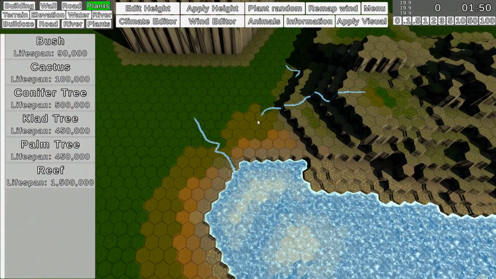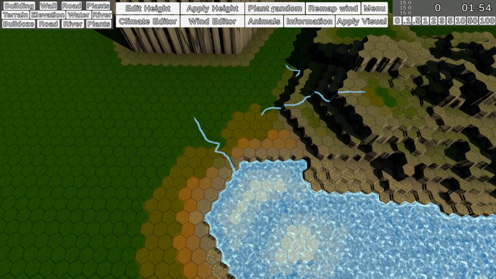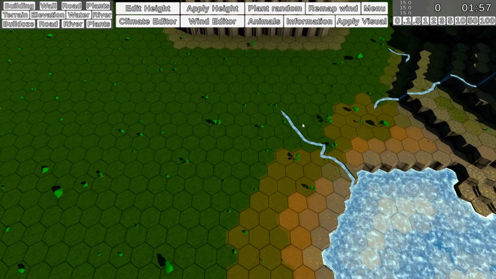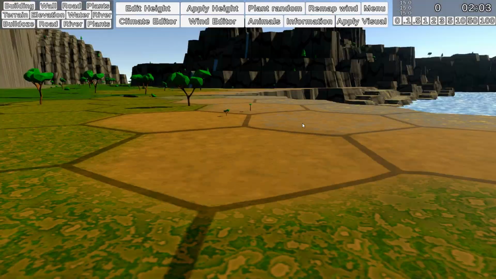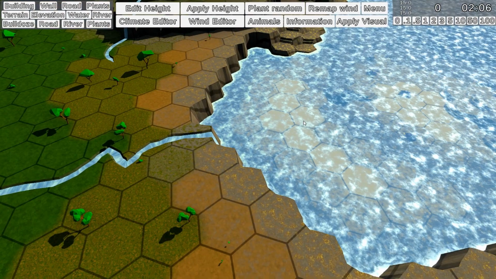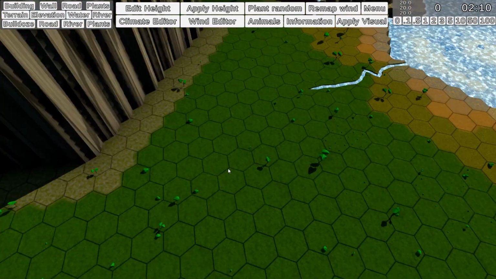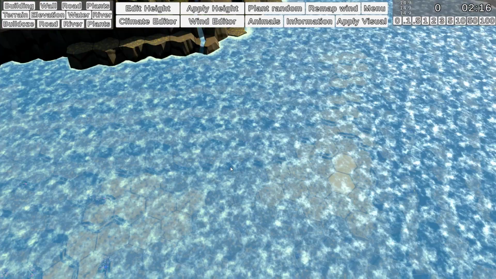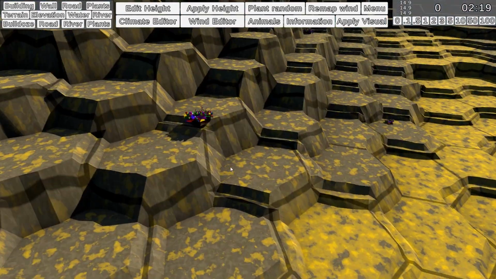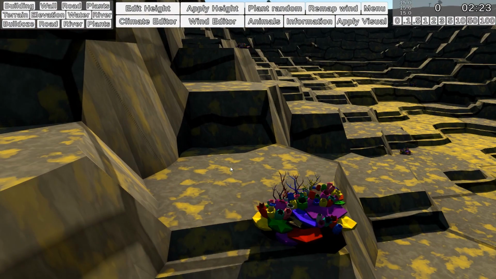Now, to keep things simple, you can just click plant random. It will plant one random plant at each hex, and you can let the simulation take it from there. You have underwater plants, the coral reefs,